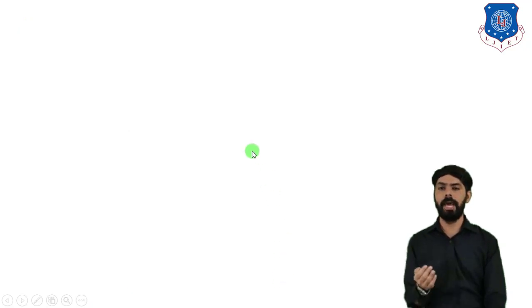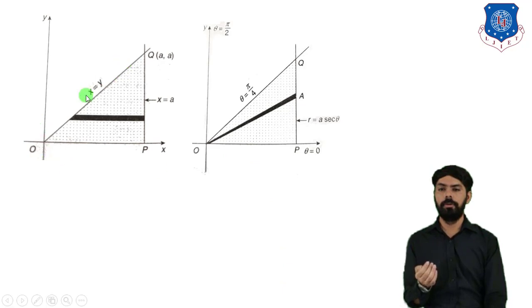Now we will plot the diagram. So here first of all we will plot the line y equal to x. So this is the line y equal to x, which is at 45 degrees. Then after we will draw the line that is x equal to a. So here x equal to a will be parallel to the y axis, because the line x equal to constant will be parallel to the y axis. And this is the line y equal to 0, because on the x axis y is 0. Now here first of all we are taking integration with respect to x. So here first of all we will draw a horizontal strip that is parallel to the x axis.